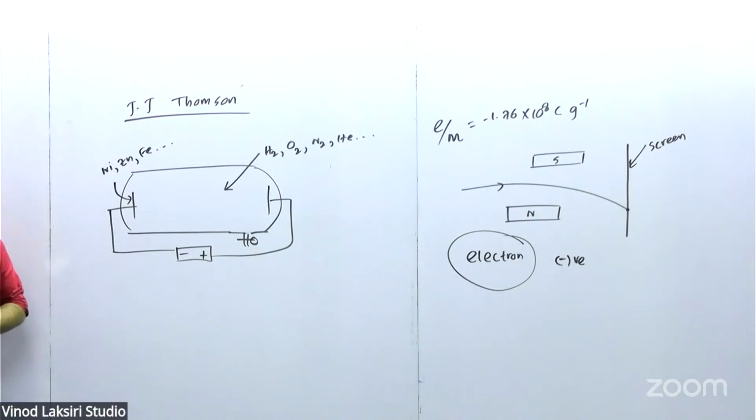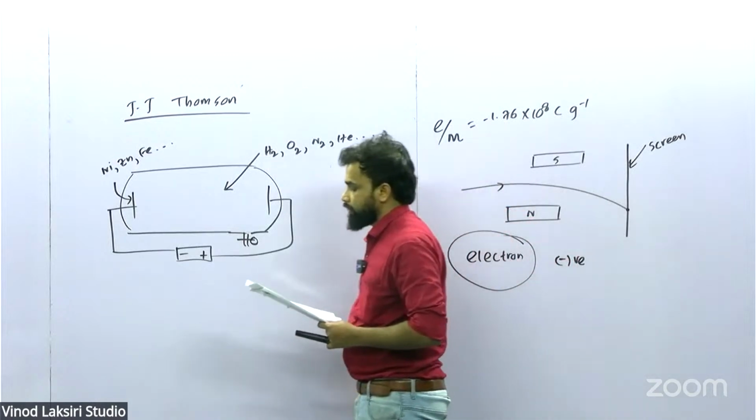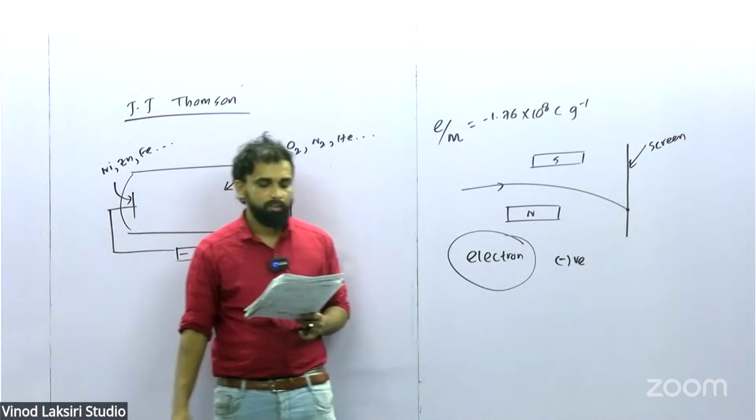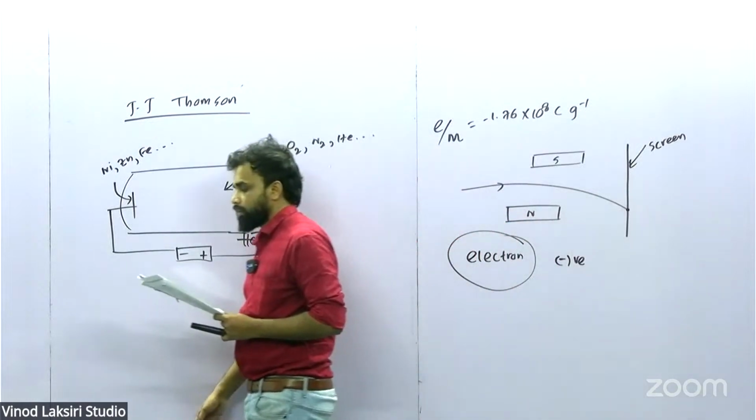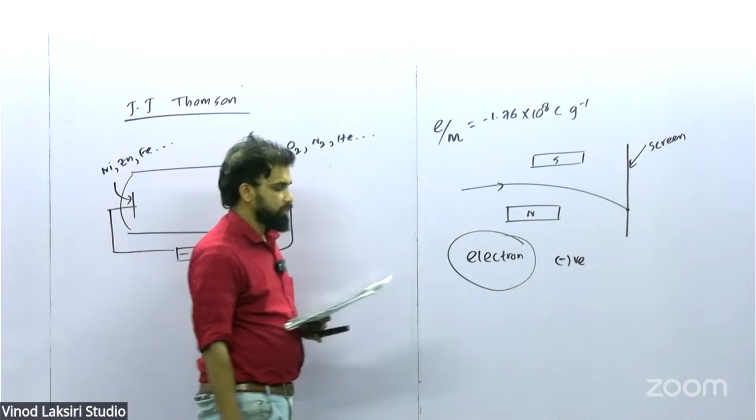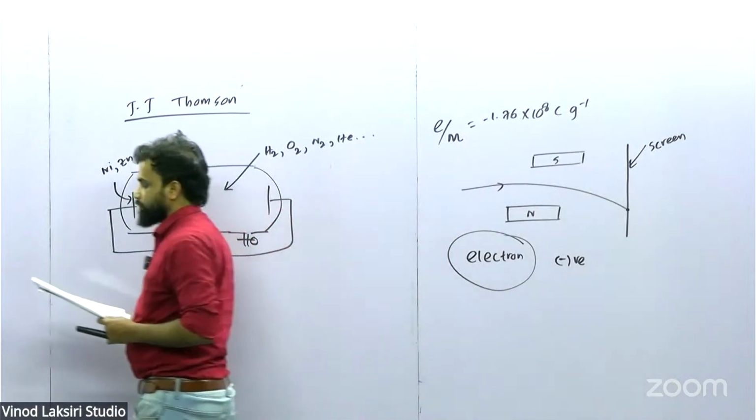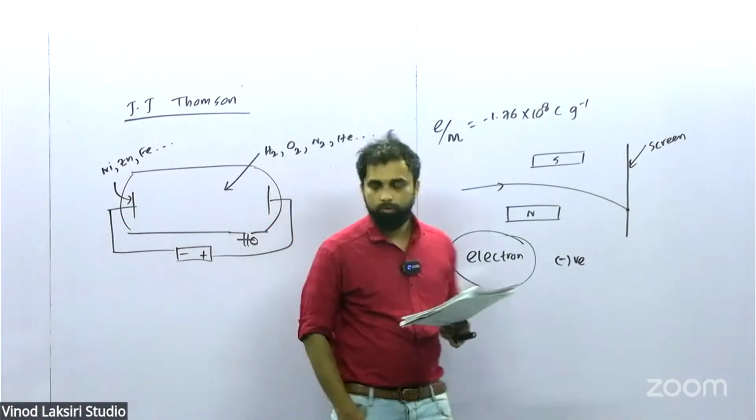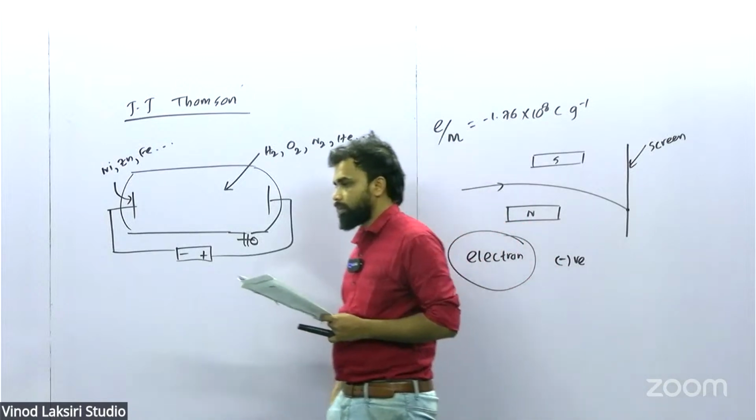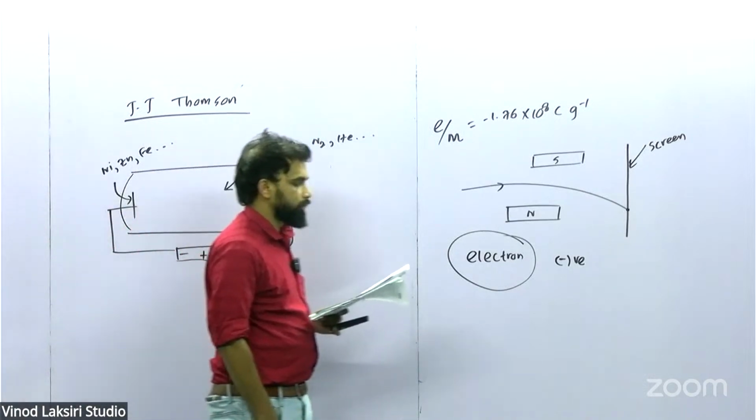The scientist J.J. Thomson carried out a cathode ray experiment using different types of gases such as H2, O2, N2, helium,